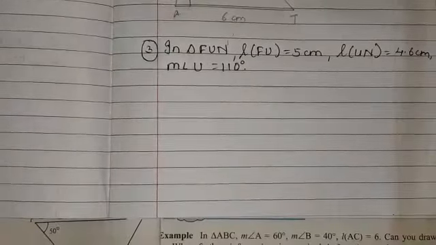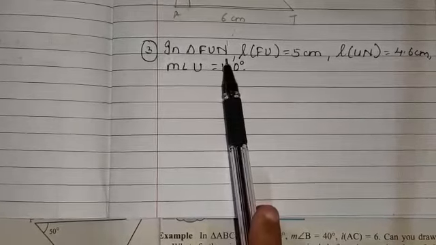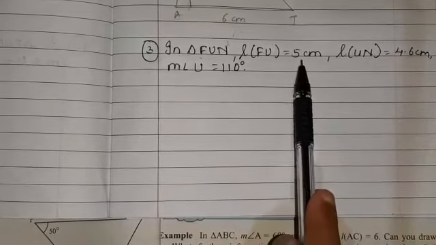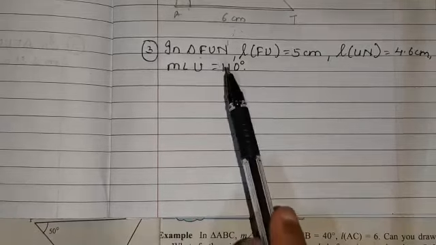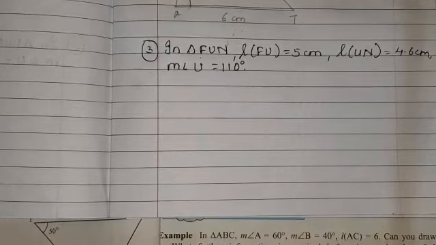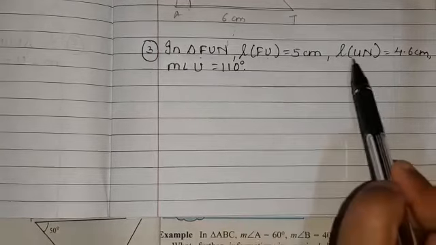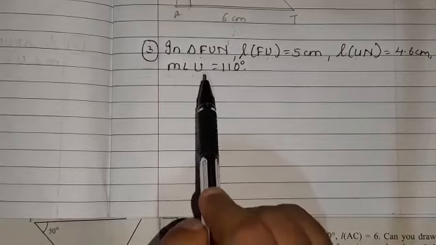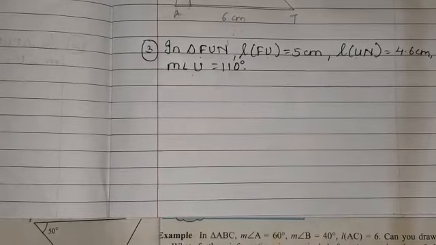Let us now do the construction of question number 3. In triangle FUN, length FU means this part is equal to 5 centimeter. Length UN is equal to 4.6 means this one. And angle included by both of them is angle U. You can see U is common in both of them. So angle included by both of them is U and they have given us measure angle U is equal to